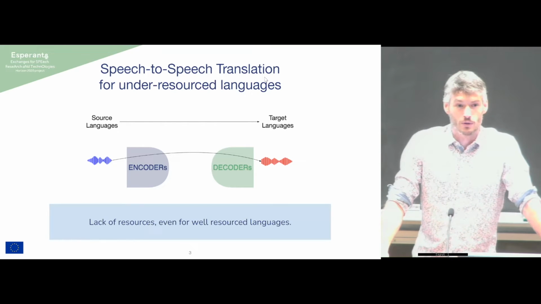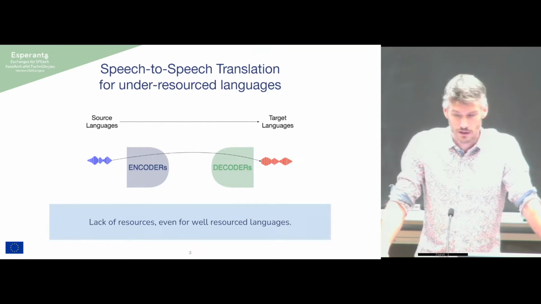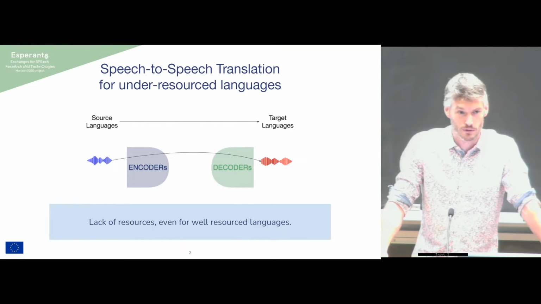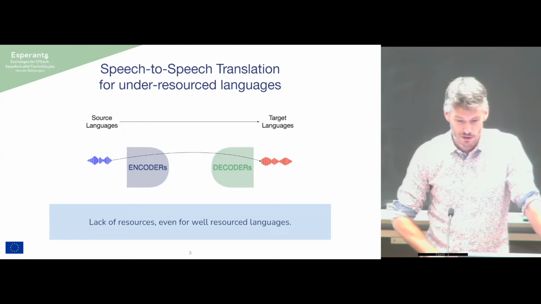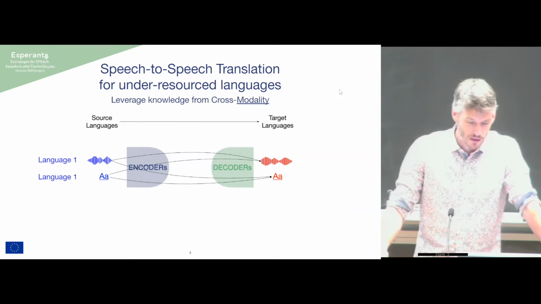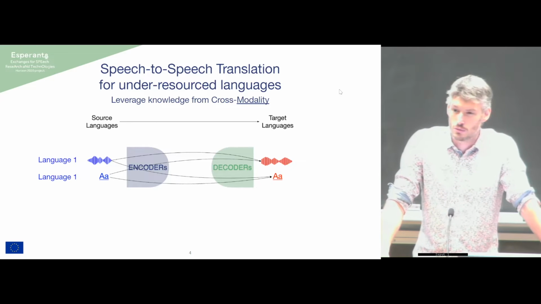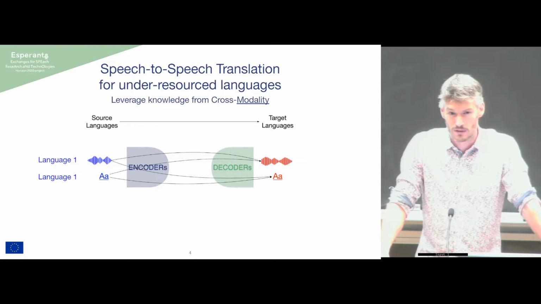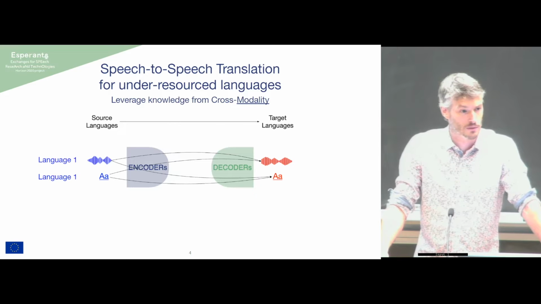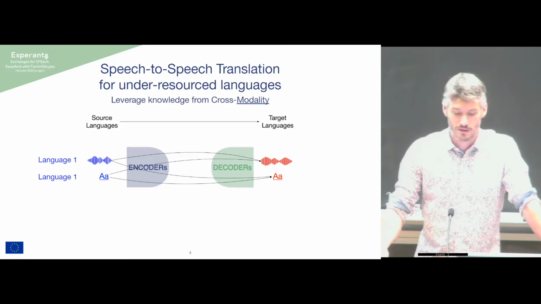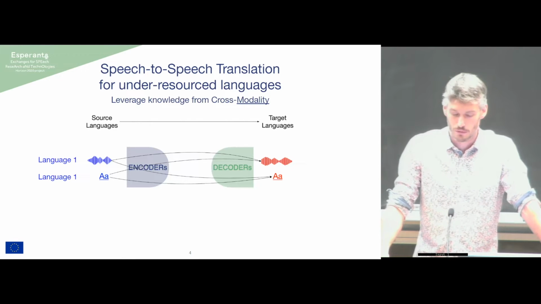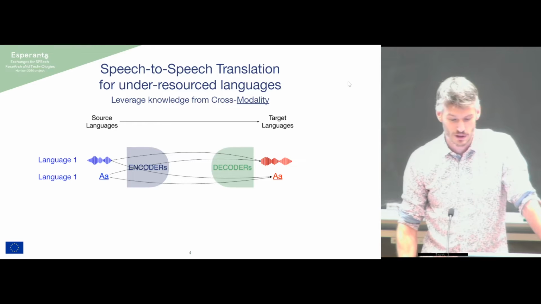The first thing that comes when you look at speech-to-speech translation is that we lack resources, and it's even true for well-resourced languages. So whatever language you work on, it's very difficult to find resources with aligned speech in source and target languages. And so that's one strong limitation of the technology at that time. One way to leverage this issue is actually to work with cross-modality. So if, instead of training just with speech data, you can add some text data and then learn at least the translation, some information about the two languages using the text, then that means you can get more information, and that can benefit your speech-to-speech application.